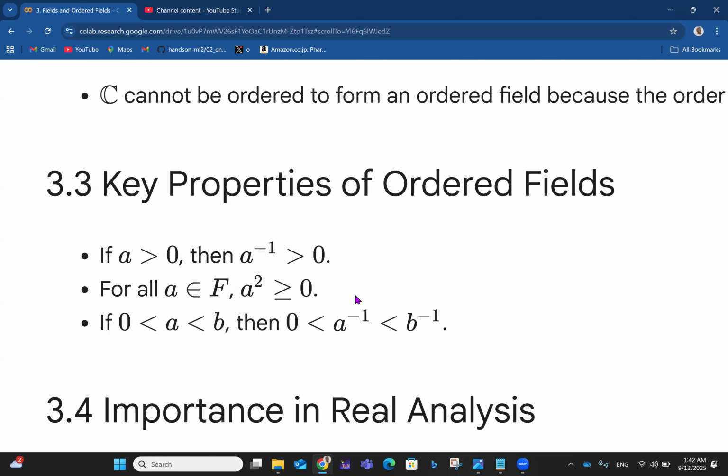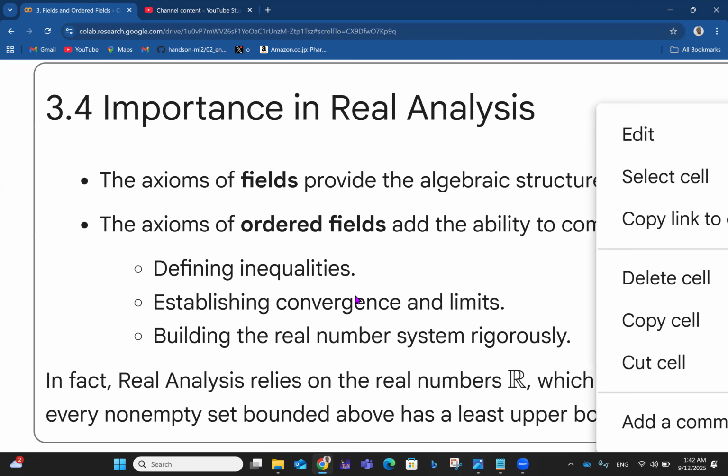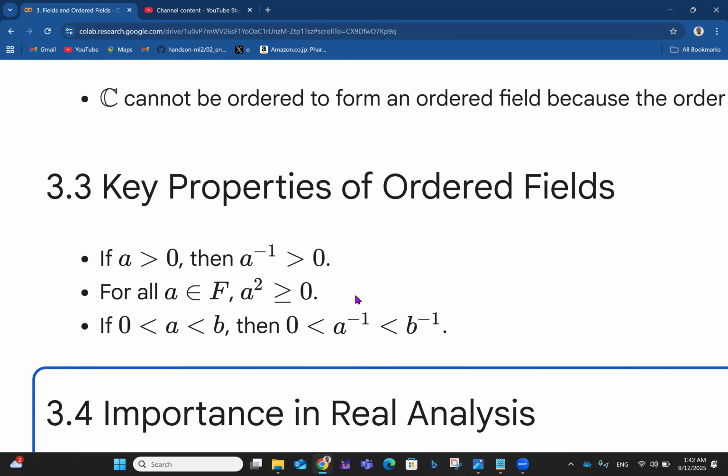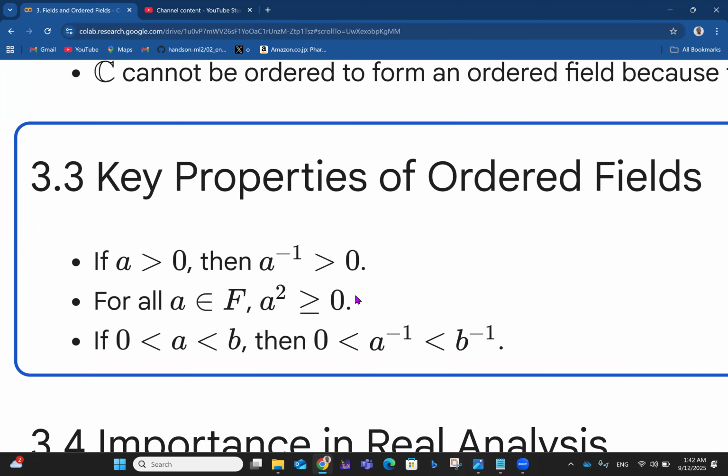Okay, so that's that. Now the third property is that if 0 is less than A is less than B, then 0 is less than A inverse less than B inverse. Let's take 2 and 3 for instance. 0 is less than 2, 2 is less than 3. Then that also means that 0 is less than 1 over 2. I mean, 1 over 2 is 0.5. Then 1 over 2 is also less than 1 over 3 because 1 over 3 is